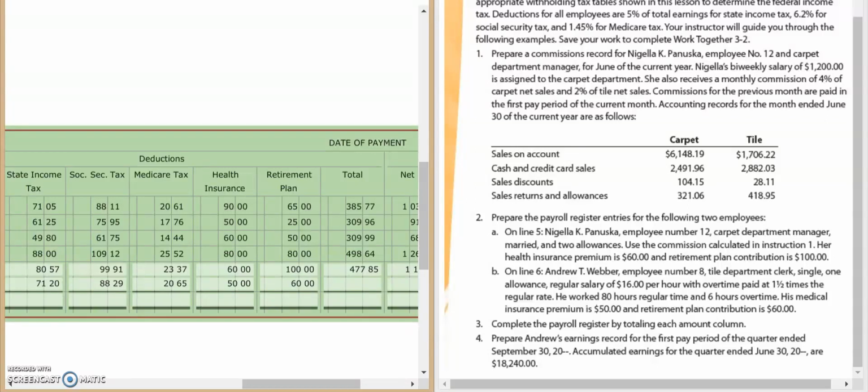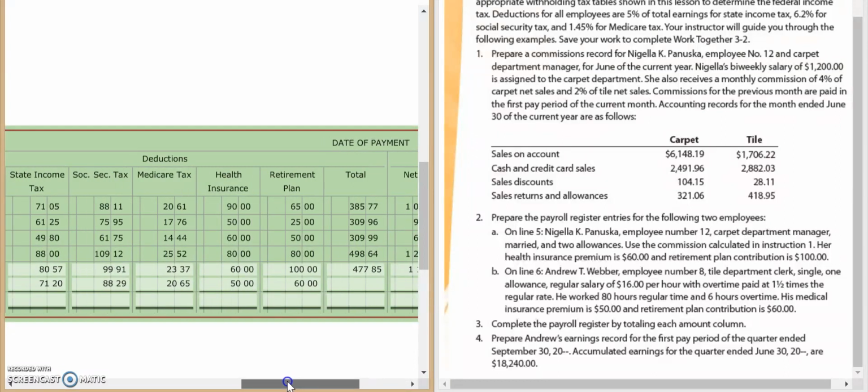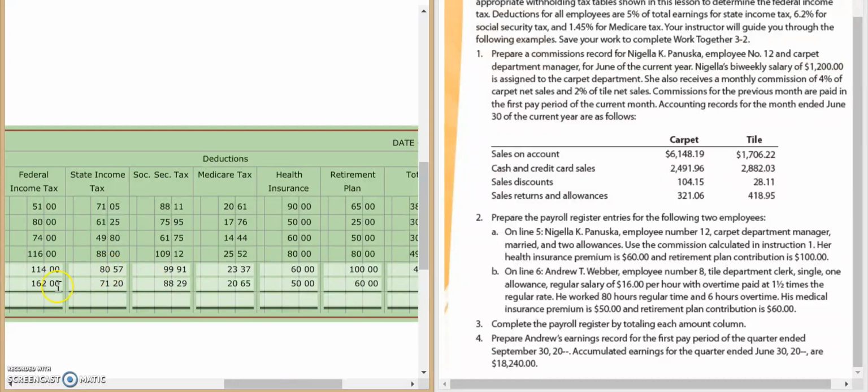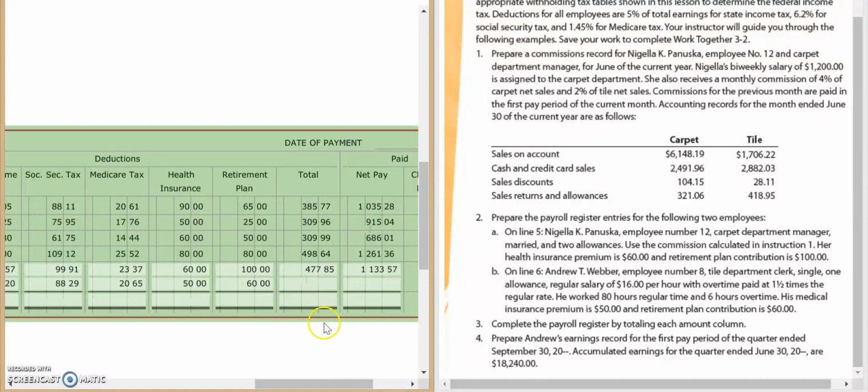Hey, welcome back to 3-1 Work Together Part 2. We were in the middle of doing our payroll register for Andrew T. Weber. So we're at the point where we need to total his deductions. So we start back at our federal income tax and we total all 6 of these deductions. When we do that, we get a total deduction for Andrew of